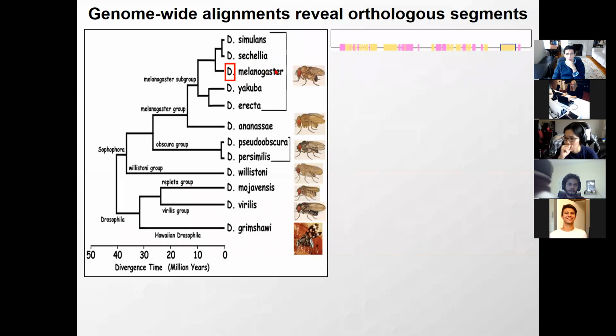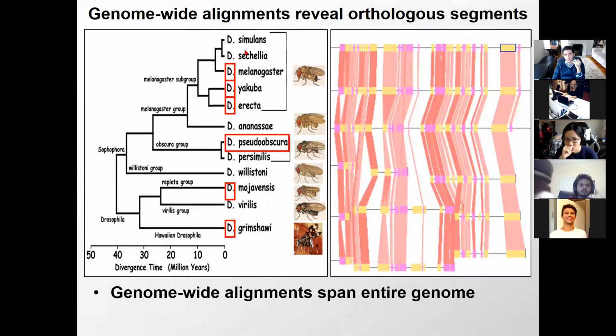And for any one species, you can see the genes on the Watson strand or the Crick strand in different colors here. So some are encoded facing to the right, some are facing to the left. And then over evolutionary time, you can basically align these species and see that the order is roughly conserved. Why is that important? Because by choosing species where the chromosomal segments are roughly conserved in the same order,